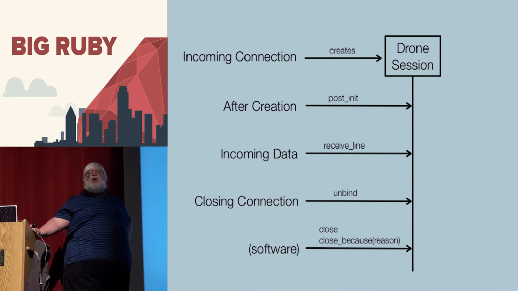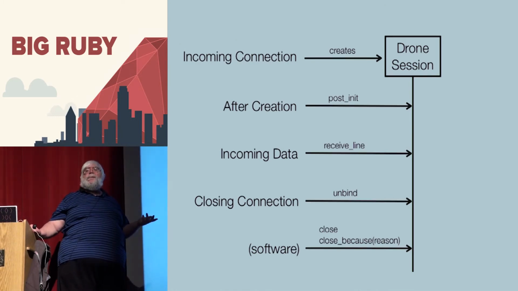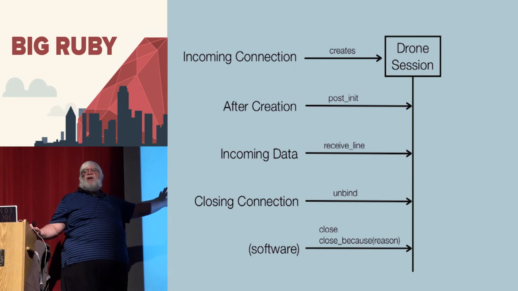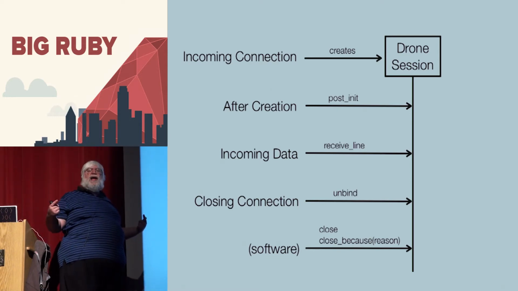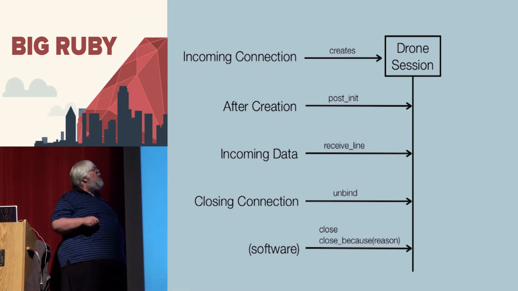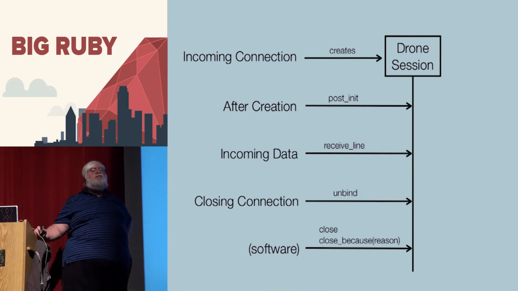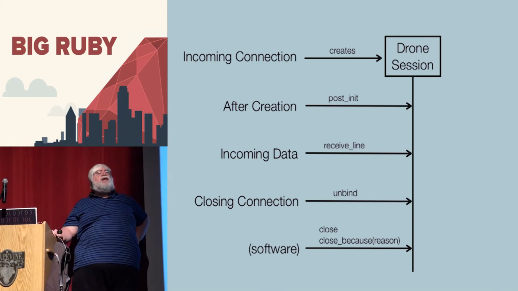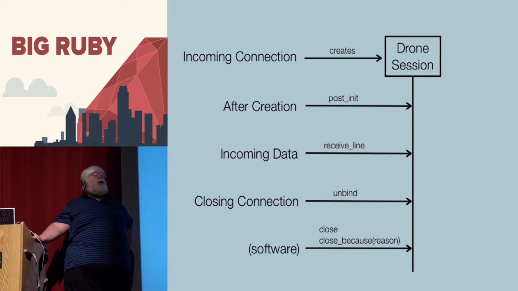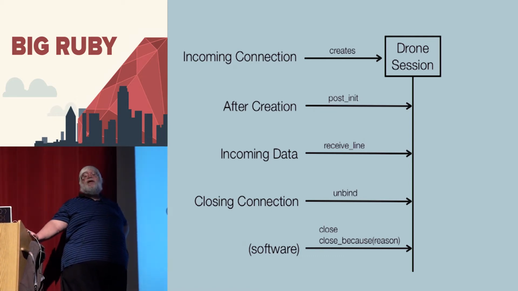Now the sessions, let's look at the drone session in particular. This is the part of our program that looks for incoming messages from the drone. The monitor session is very much like this because they're all Event Machine servers. So when an incoming connection is made, Event Machine will create a new object of type drone session. That happens when a drone connects up. After we create a drone session, he will get a post init command. After Event Machine is done and he's ready to start using the session, he'll send a post init flag, and then our drone session can do any final setup that he needs to do right before he's ready